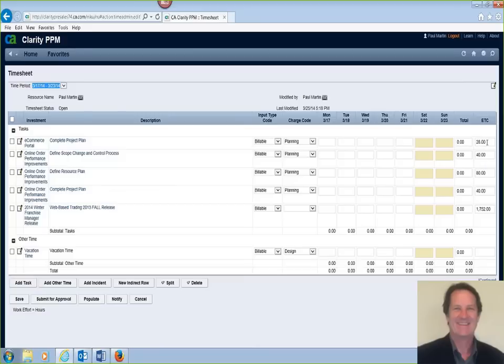And over here you see the estimate to complete those tasks. For example, complete the project plan for this project. We estimated it would take 20 hours to complete the task. Now at the end of the week, if I go in and say I worked 5 hours on Tuesday and 3 hours on Wednesday, when I save this timesheet, what you'll see is this ETC was 28 hours. Well, now it's dropped to 20 hours because there should only be 20 hours remaining of work since I've actually put in 8 actuals. So that is how the estimates will be reduced through actual time and put back into the project plan.